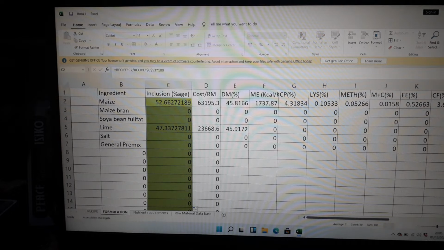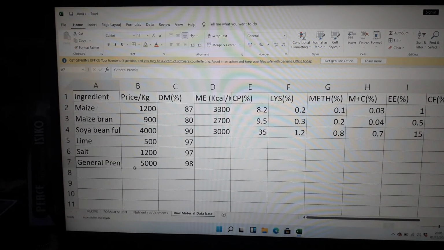Always when you are changing raw materials, change from here, because all your other sheets are linked to the raw material. If you're adding a new one, whichever you add, for instance, if I added here and said I added fish meal,